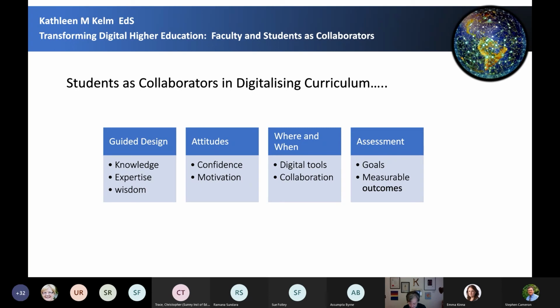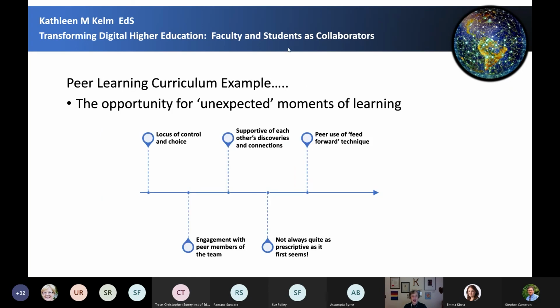And here's what's happened. Time has no longer become the factor in how things are done. Next slide. What's happened is I have given away probably 95% of the locus of control and choice.